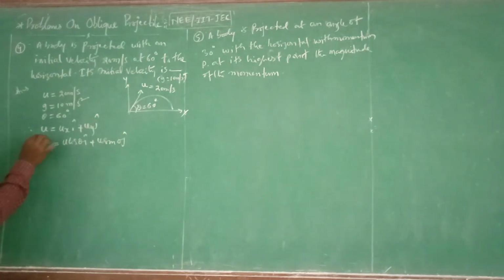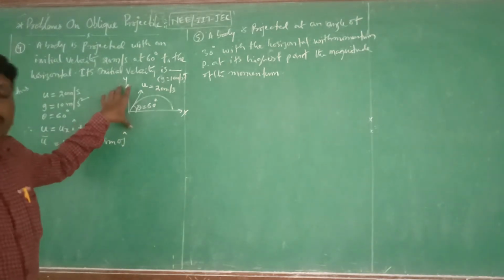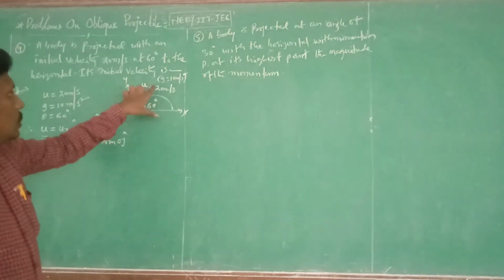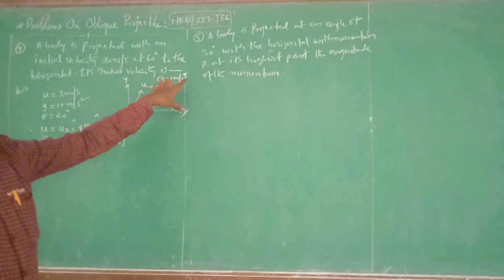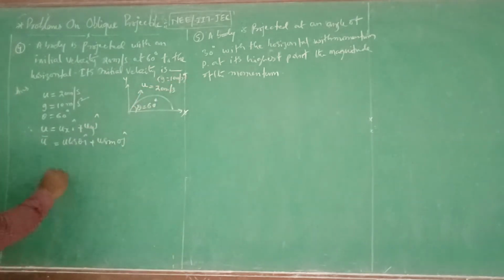This is only the initial velocity by which the projectile is projected, and u bar is equal to u cos 60 degrees plus